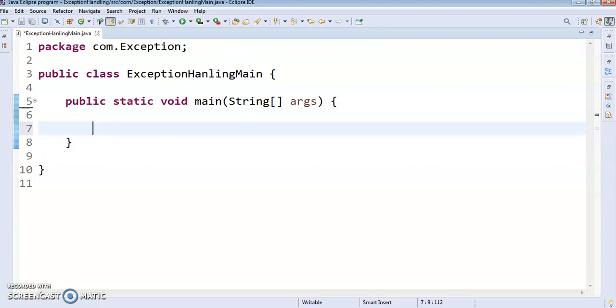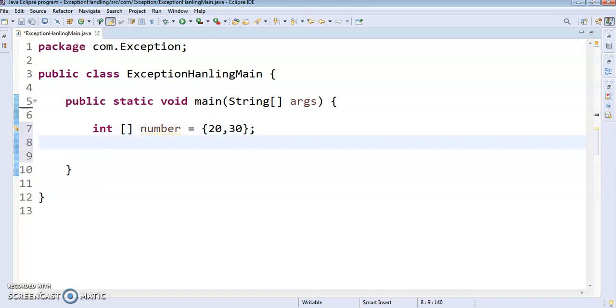Now let us define some statements like int array number equals, suppose we assign numbers 20, 30, and let us cause an exception.